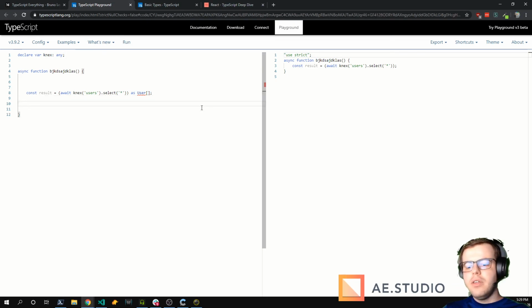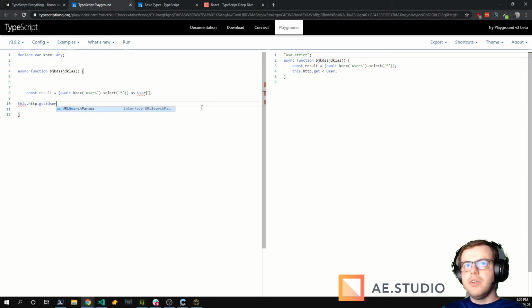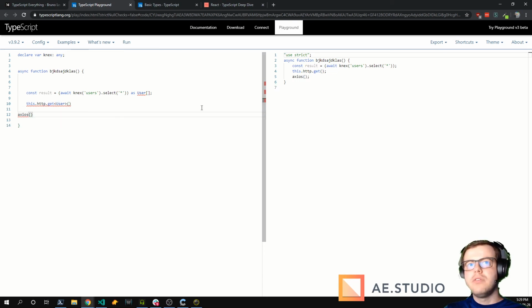Well, in Angular you use the HTTP client and you do a get, and get is generic, so you can say the type here. But maybe for Axios, if you get a URL, you're gonna have to cast the data to something.